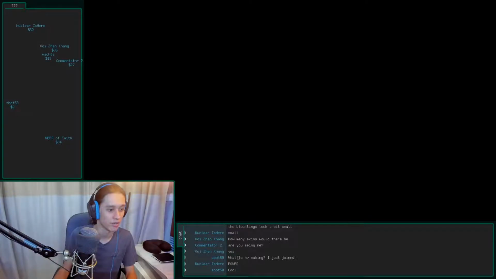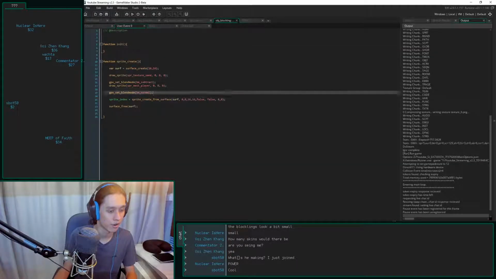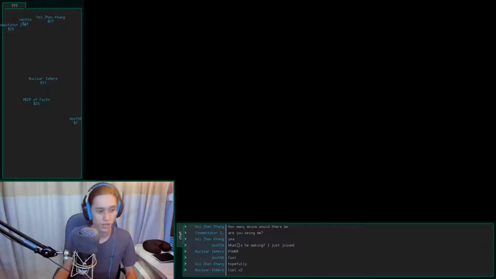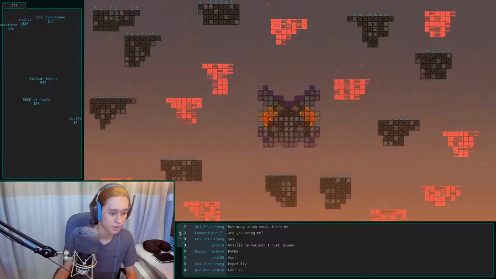I'm doing something very wrong with my blend modes. Let's not play with blend modes for now. Might have to copy some code over from Islands of War to figure that part out. Nope, okay, so it's still not working. I still don't see anyone, meaning it's not my blend modes causing an issue.